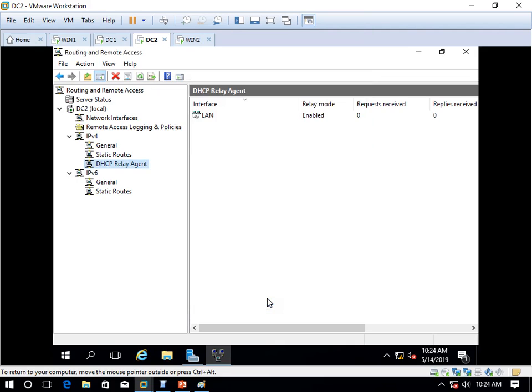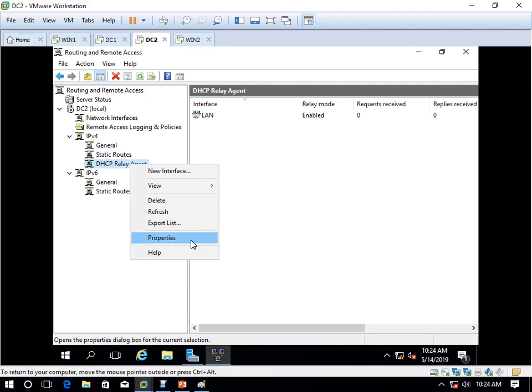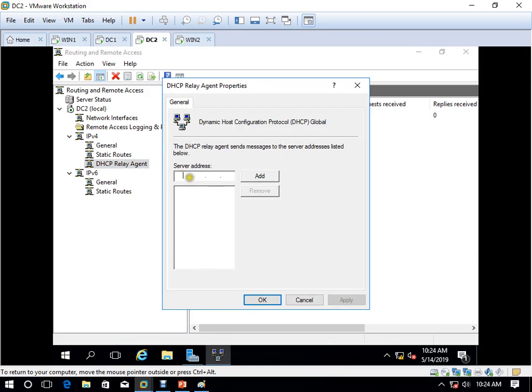Then again right click, go to properties of this interface, and here you have to add the IP address of your WAN interface, meaning the interface on which you are forwarding.